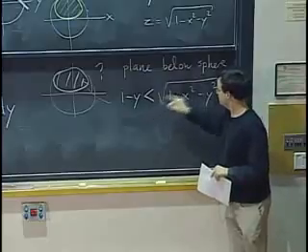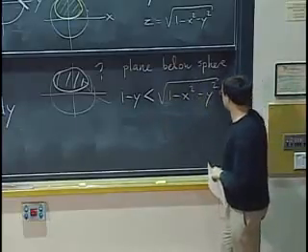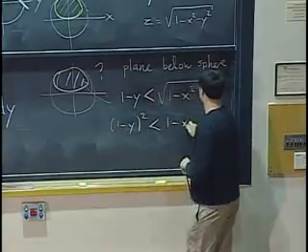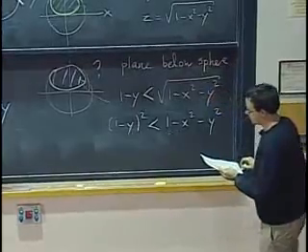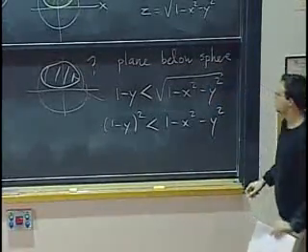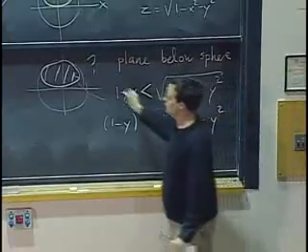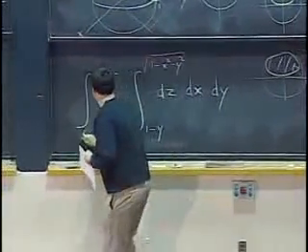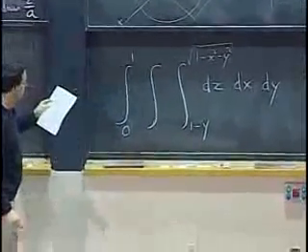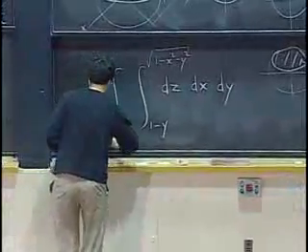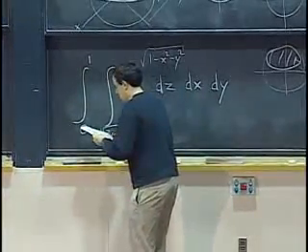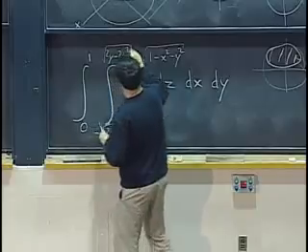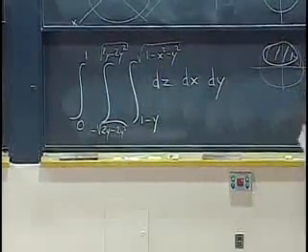So you have to somehow manipulate this to extract something simpler. Probably the only way to do it is to square both sides. 1 minus y squared should be less than 1 minus x squared minus y squared. And if you work hard enough, you'll find quite an ugly equation. But you can figure out the bounds for x given y and then set up the integral. Just to give you a hint, the bounds on y will be 0 to 1. The bounds on x, I'm not sure you want to see them, but in case you do, it will be from negative square root of 2y minus 2y squared to square root of 2y minus 2y squared. So exercise: figure out how I got these by starting from that.